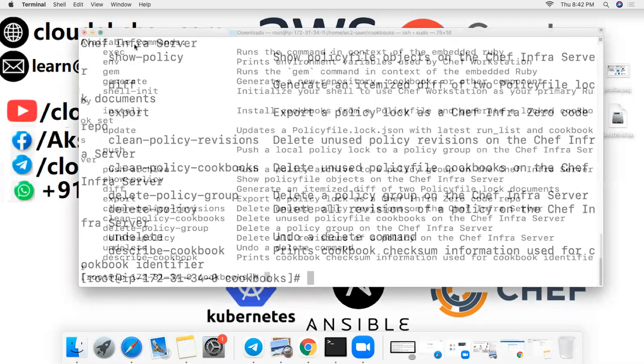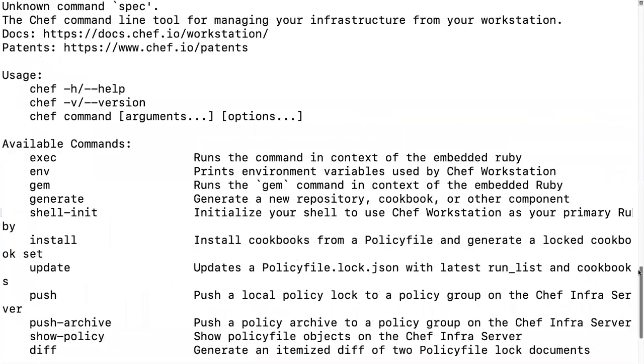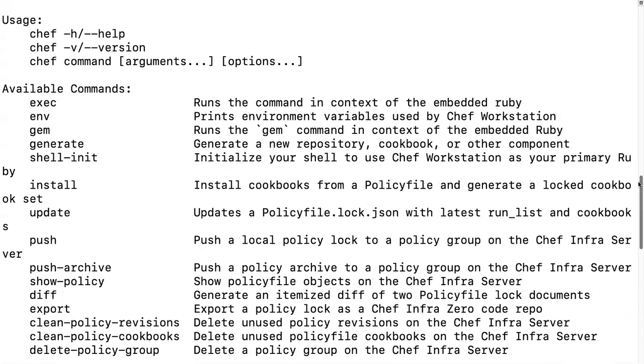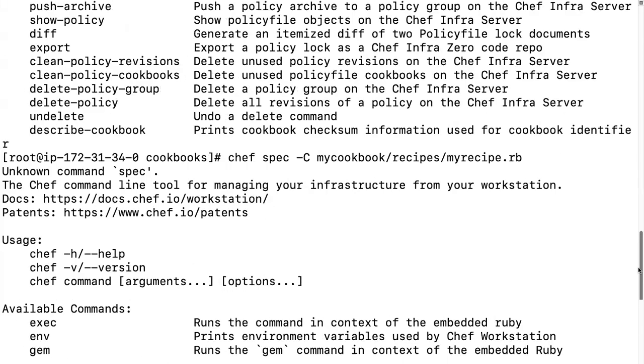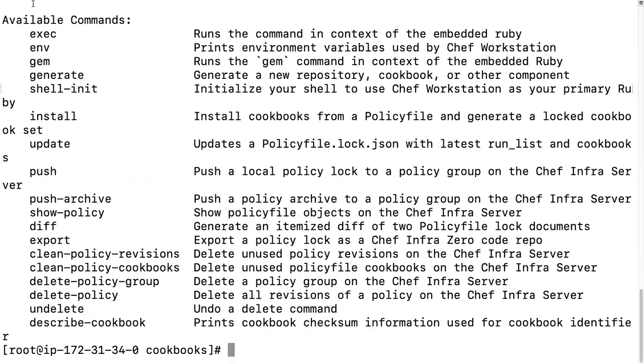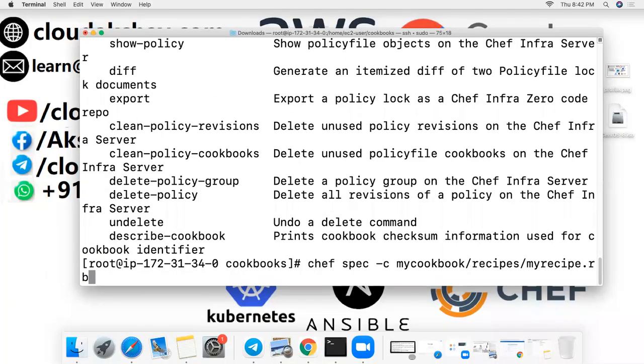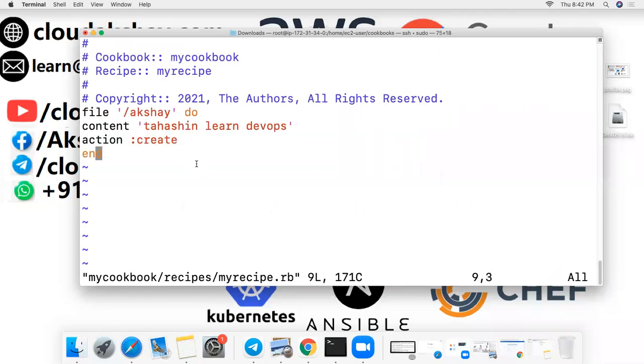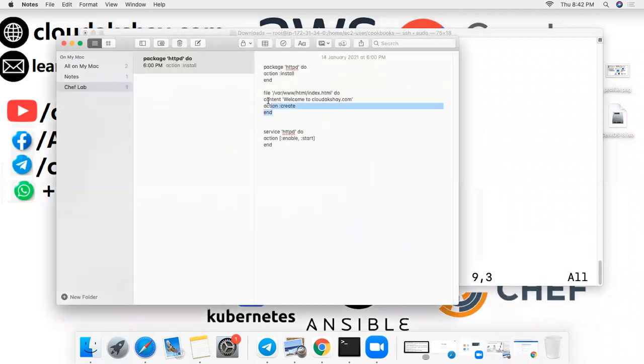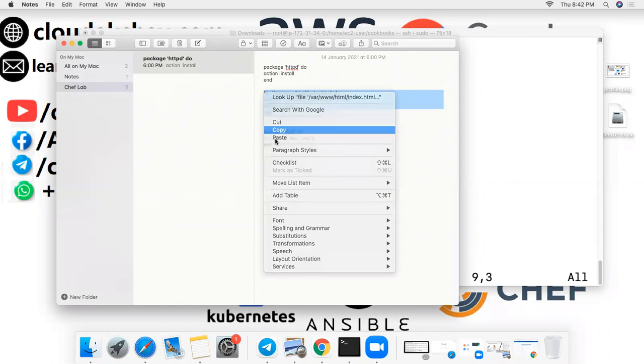Give me a minute. I think it might be some symbol error. So let's paste some here.